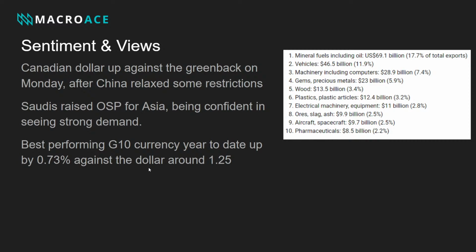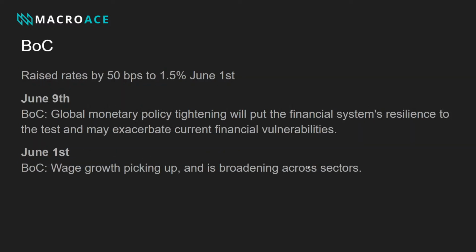And it was also the best performing G10 currency year to date. It was up by 0.73% against the dollar at around 1.25. So that was from Monday, is what I picked up. But it was considered the best performing G10 currency because of all the volatility that we've seen within the oil markets. That's helped the Canadian dollar see that appreciation there. So Bank of Canada, on June 1st, they raised their rates by 50 basis points to 1.5%. Bank of Canada on June 9th as well, they had...